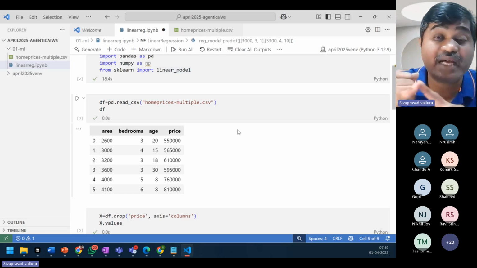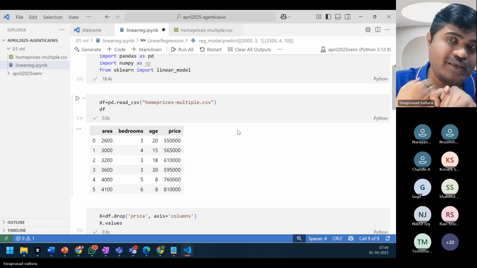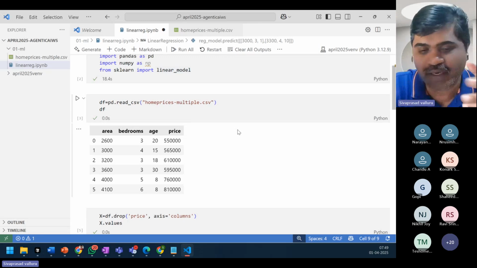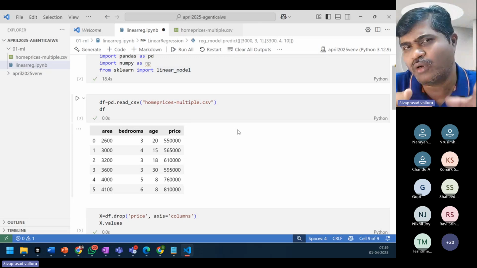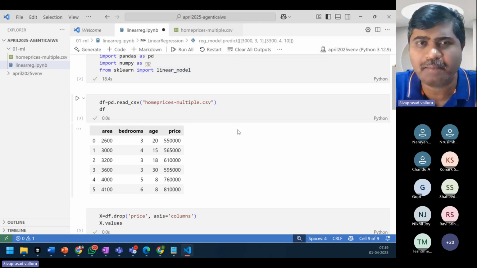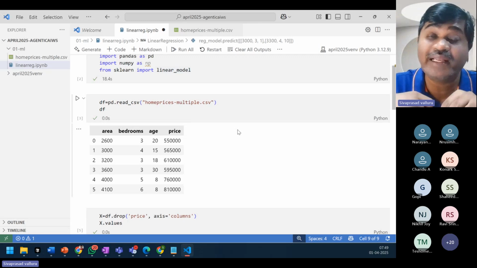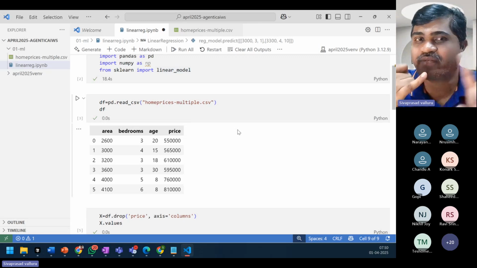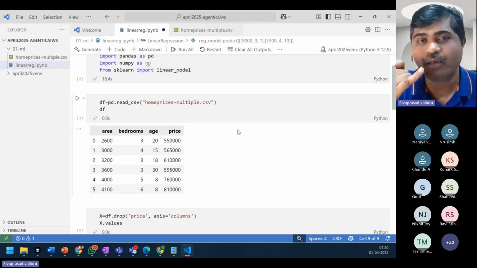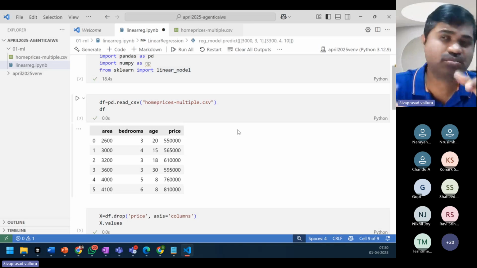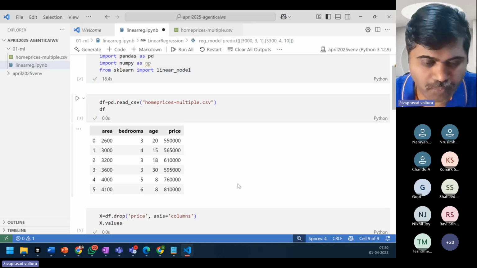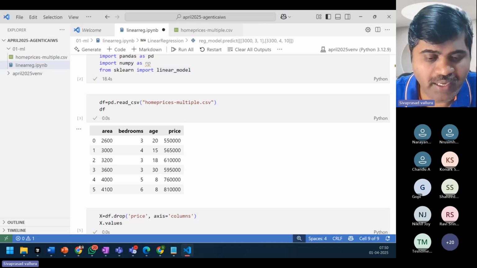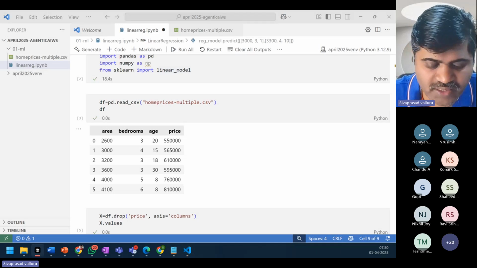By tomorrow, we'll start with neural networks and deep learning. Today I wanted to conclude with this basic machine learning. Tomorrow we'll understand logistic regression first, then the neuron, then the neural network. We'll understand how neural networks work tomorrow. It's very interesting. I'll catch you tomorrow. If you have any queries, let us talk.